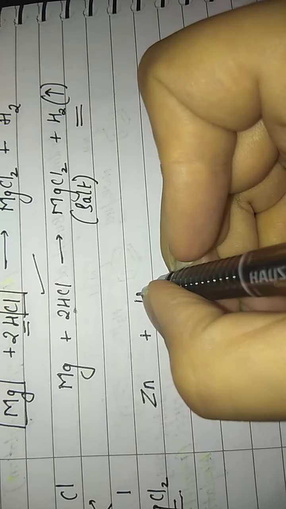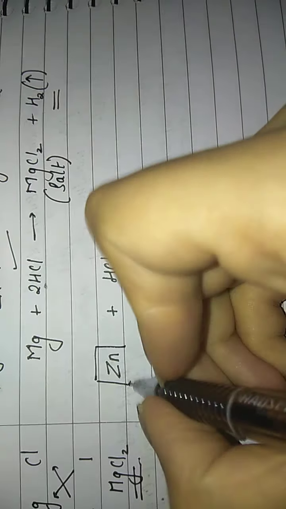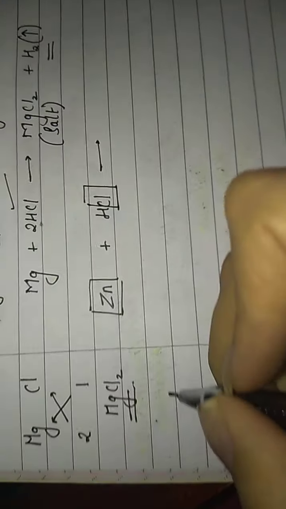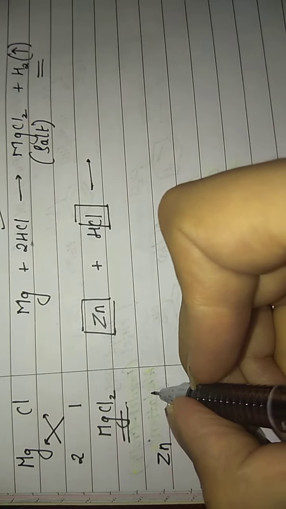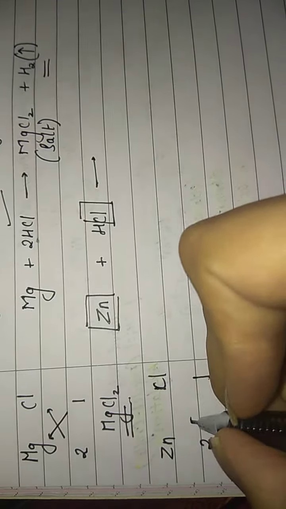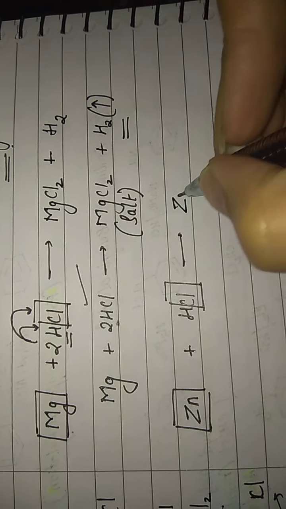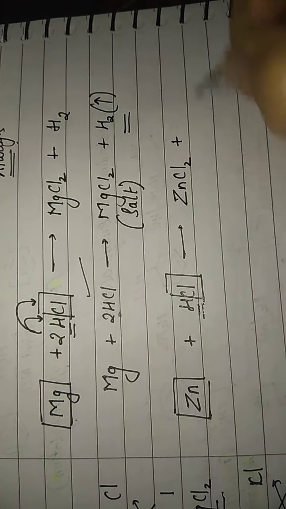Let us try one more example of, let's say, zinc. Zinc, when it reacts with HCl, what will it give? Again the metal will combine with Cl to give you zinc chloride. Now the valency of zinc is again 2. This will be your Cl 1. So you will get ZnCl2 as your salt here. ZnCl2 plus what is left? H, but we will write that in the diatomic form.